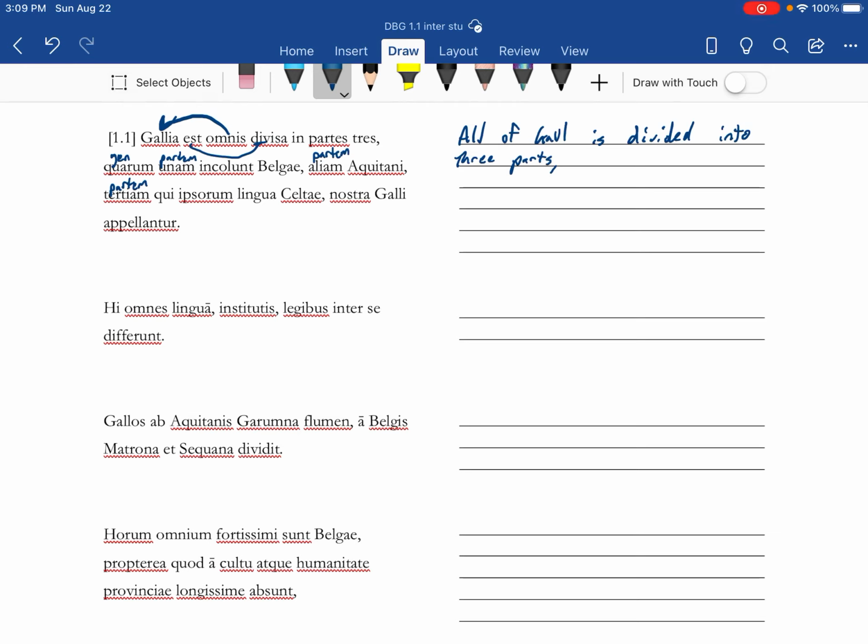All right, so unum, alium, and tertium are all talking about the partes. One of which, unum quorum, one of which the Belgae inhabit. And then the alium Aquitani, they leave out the verb, and so you're going to want to bring in colunt over for that. So alium partem, another part. And I'll just show this because it technically isn't in the text, but it's implied. And the tertium, the third part,